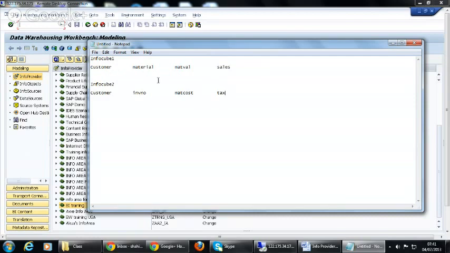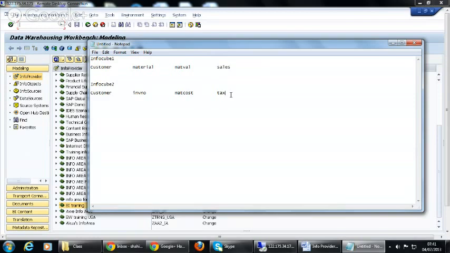Other than that, if you have unique ones, you have to do identification for every characteristic and key figure. By using that, you have an option: either you can select them or leave them without selecting.